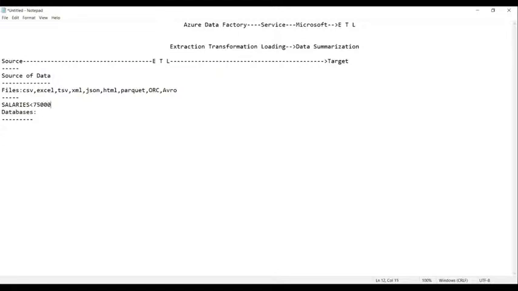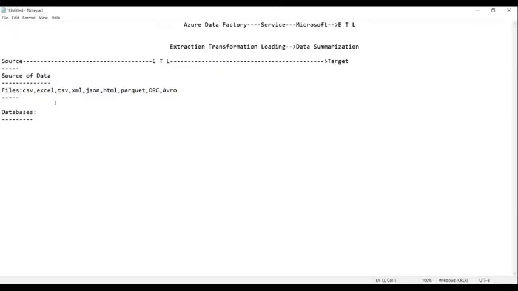This kind of retrieval is a bit difficult in Excel files or CSV files. Hence, we go for a database. Three reasons: one is security, second is to store huge and bulky data, and the third is retrieval. These are the three reasons why we use a database.